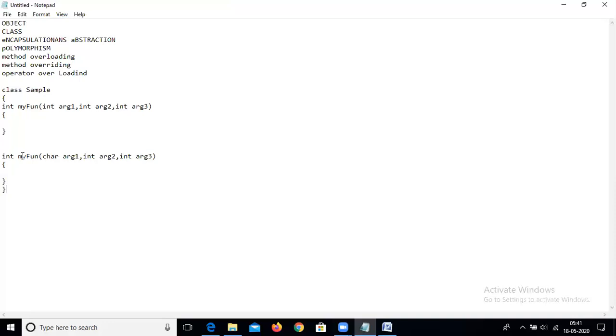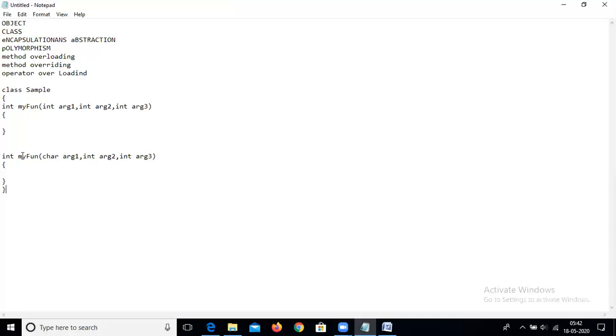Suppose there is a son who is traveling from a source to a destination, but he lost his wallet. Where will he go to get money? He will go to his father to take money to pay the taxi or the rickshaw. Similarly, this relation is called inheritance. Inheritance means one object can acquire the properties of another object.